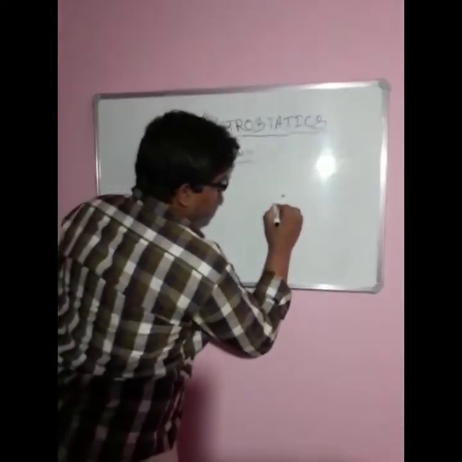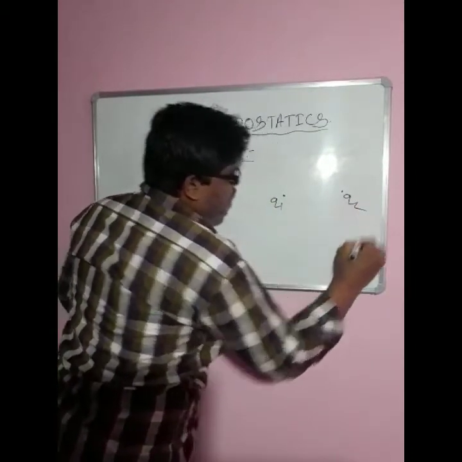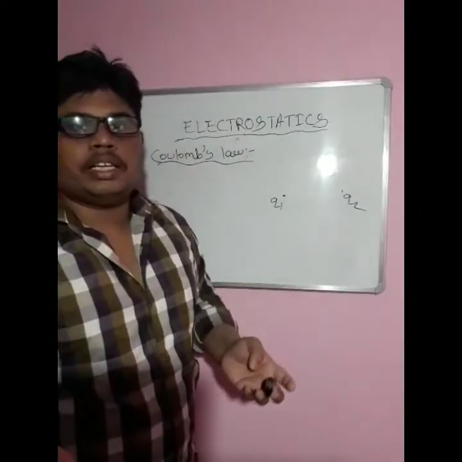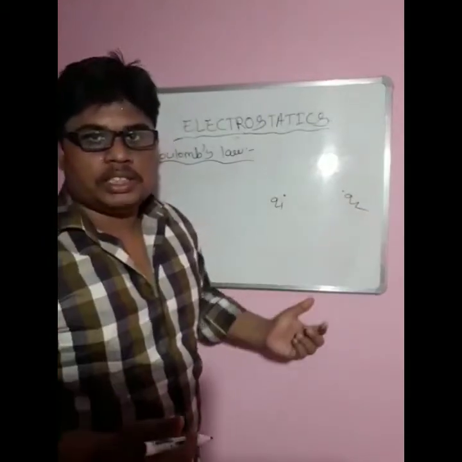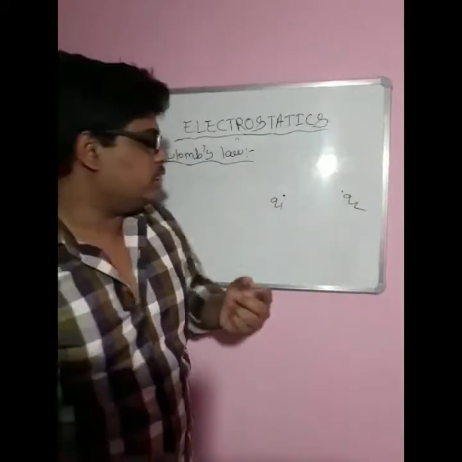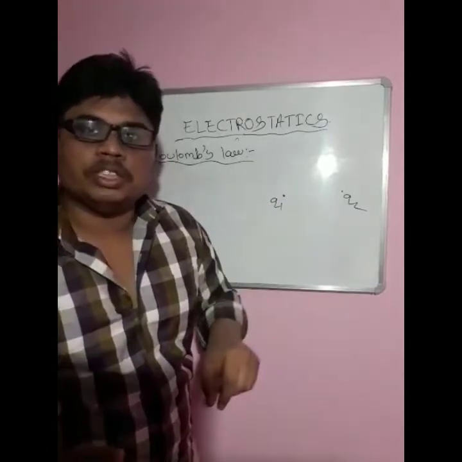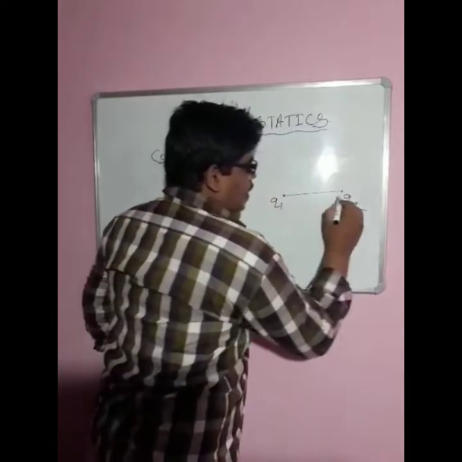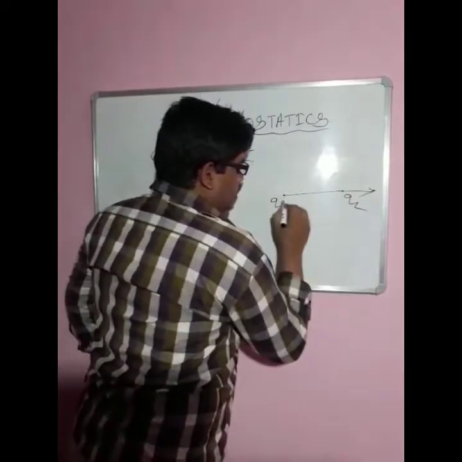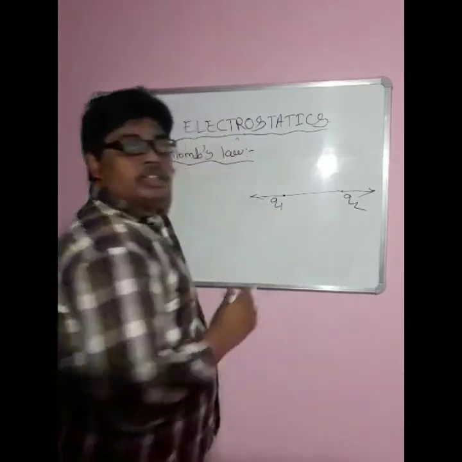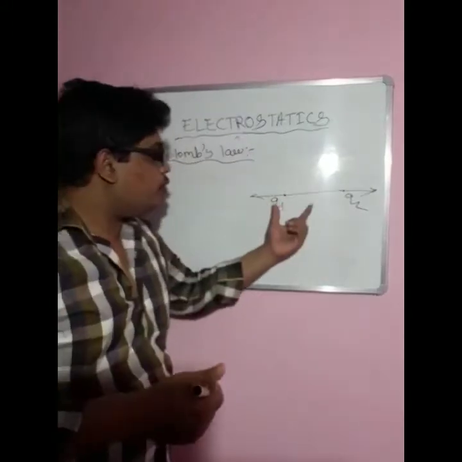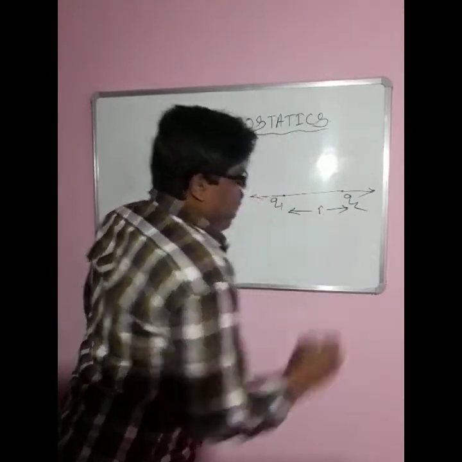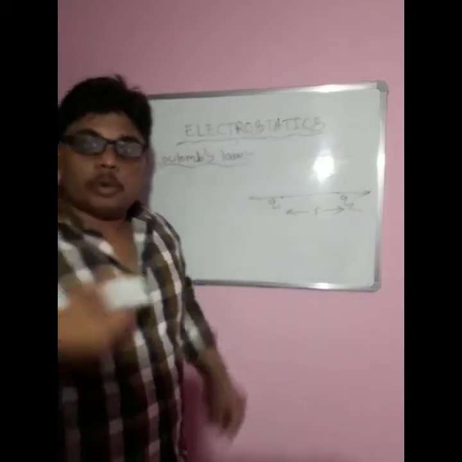Okay, see, this is a charge Q1 and this is a charge Q2. See, between these two charges there is some force. It may be attraction if both are opposite charges. It may be repulsion if both are the same charges. Let me take Q1, Q2, both positive charges. Means the force of repulsion exists. See, due to Q1 it can repel, due to Q2 it can also repel. Repulsion force exists. If both charges are separated by a distance r, according to Coulomb's law, the force is